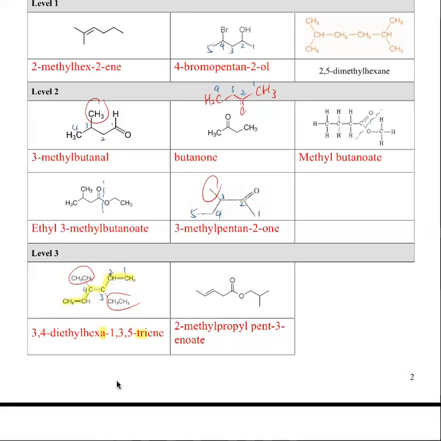Okay, and then the last one. Again, you can see C double bond O to O. Okay, so we break it here. So for the alcohol part, I think it's pretty easy. Okay, so you can find the longest chain is this part. Okay, 3 carbons. So it's propyl and there is a branch. So 2-methyl propyl. But for the left-hand side, okay, you can see this molecule, first it's a carboxylic acid,